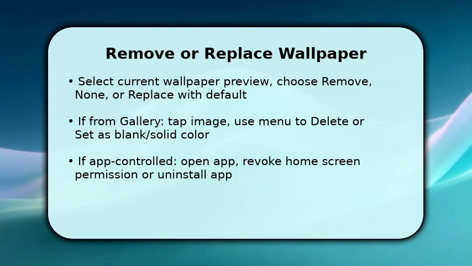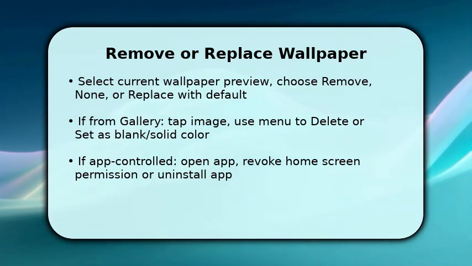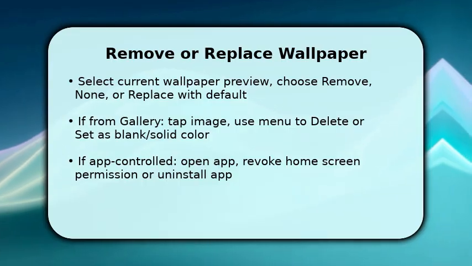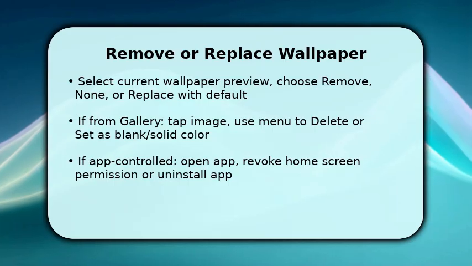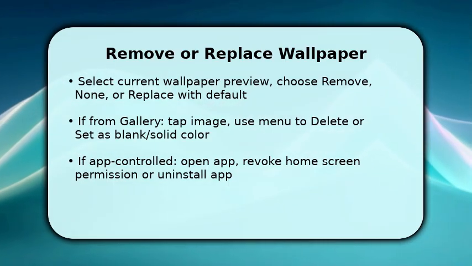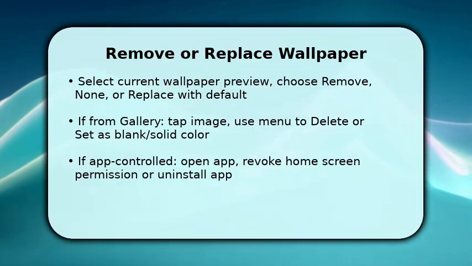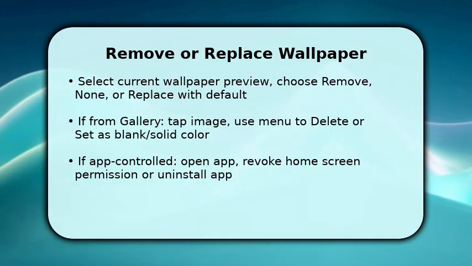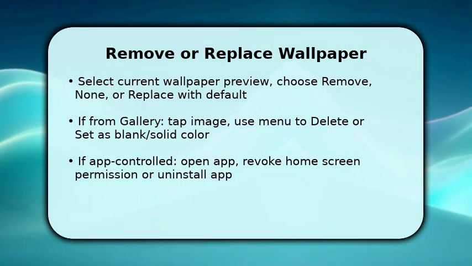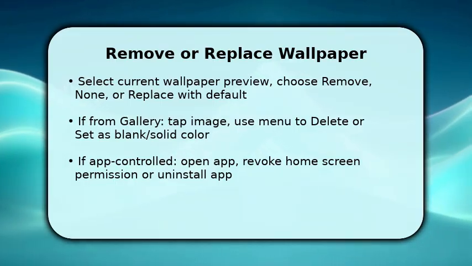You now take the actionable steps to remove the wallpaper. Tap the current wallpaper preview and choose Remove, None, or Replace with a default. If the image was set from Gallery, open the photo, use the menu to delete from wallpaper sources, or set as blank/solid color. If a launcher or wallpaper app controls it, open that app and revoke the home screen permission, or uninstall the app to disengage automatic resets. Make sure to confirm changes so the system